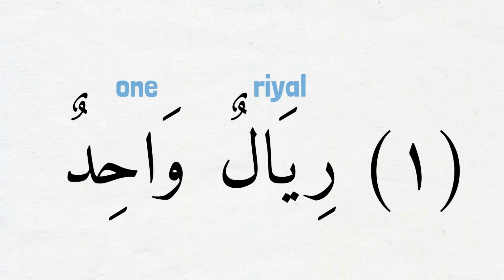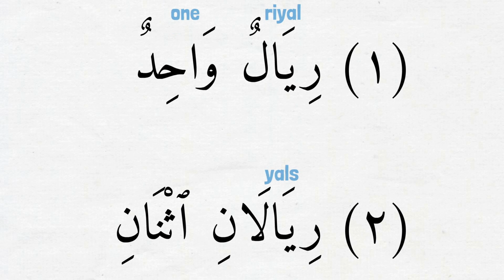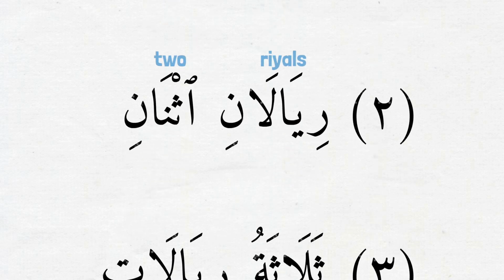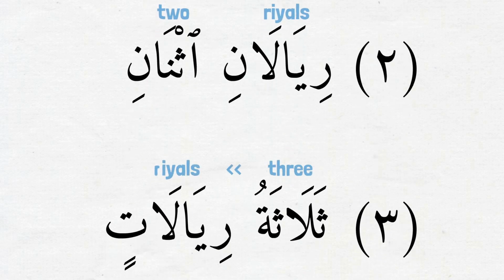ريال واحد، ريالان اثنان، ثلاثة ريالات. Remember the plural of ريال is ريالات. So for 3 we say ثلاثة ريالات